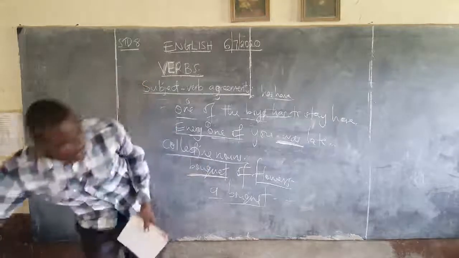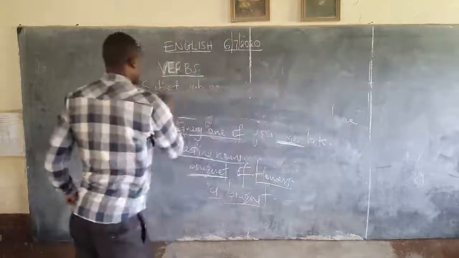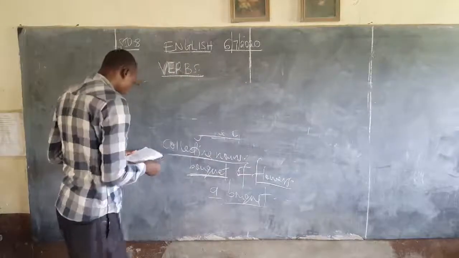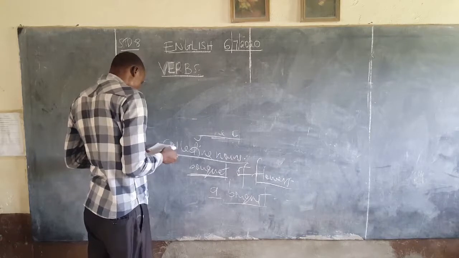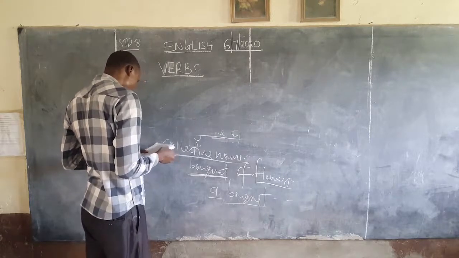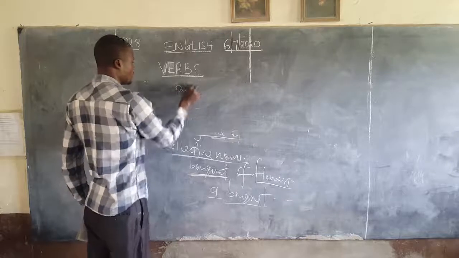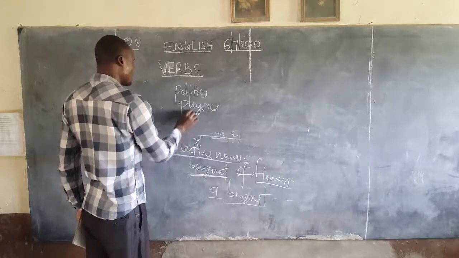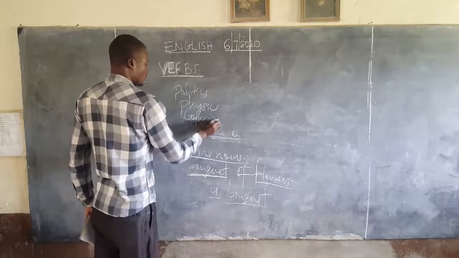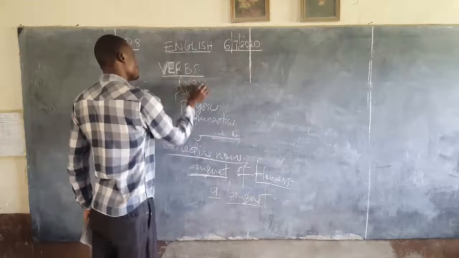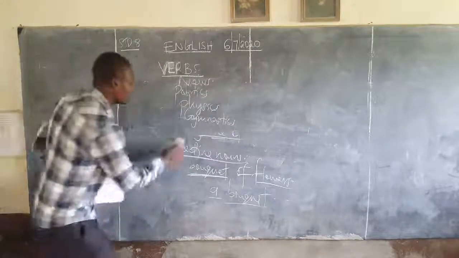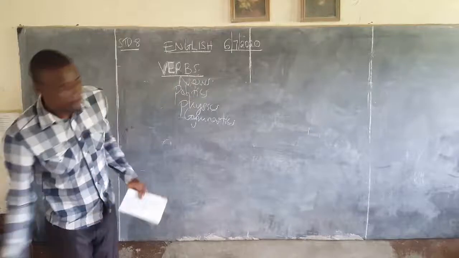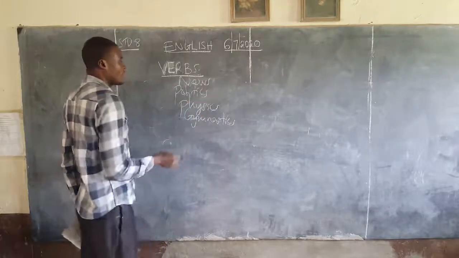Then lastly, before I end my lesson, there's this last part that we need to look at. That is the plural form, but in singular, like talk of politics. We talk of physics. We talk of gymnastics. We talk of news. So now these words have really confused my learners. These words are known, or always say that they appear in a plural, but they are in singular. Like the news I received